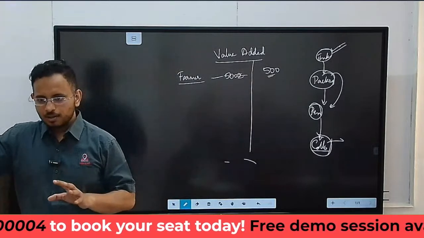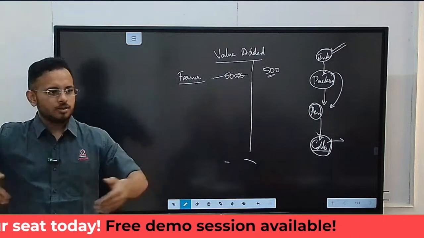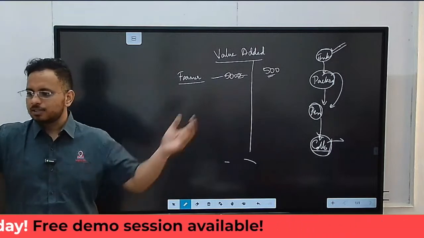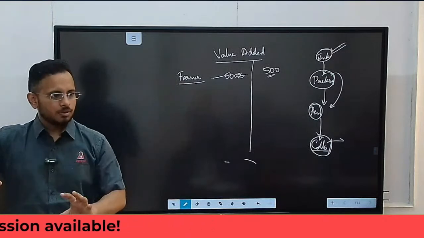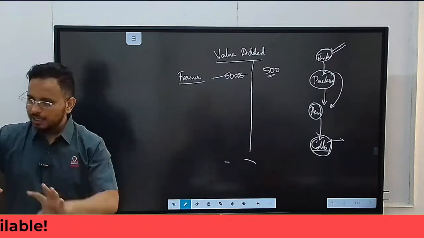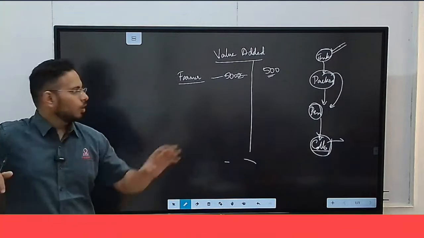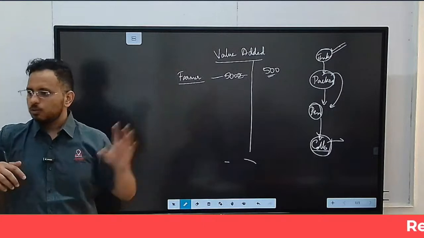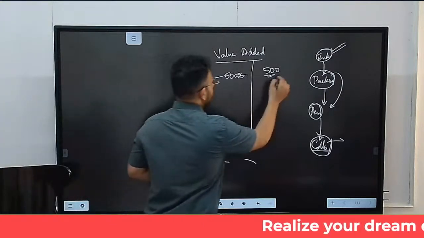Understood? See, before the farmer actually grew wheat, what was there on the field? Empty, nothing, 0. What did he do? Bought seeds, sowed them, put some fertilizer, irrigated, used pesticide, everything, and harvested. Now he has this yield worth 500 rupees. Okay, now there comes a